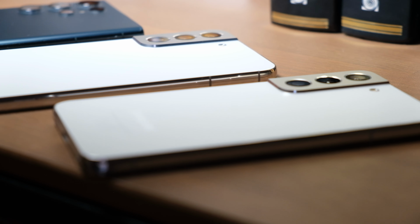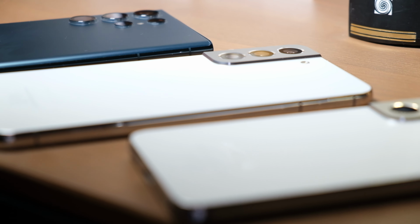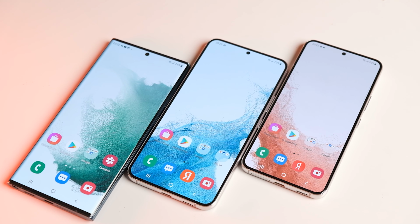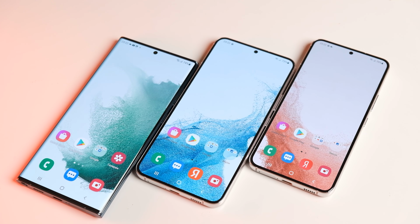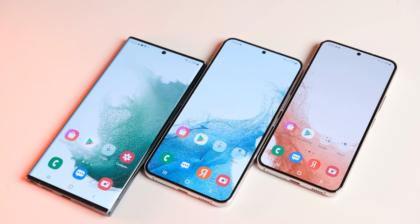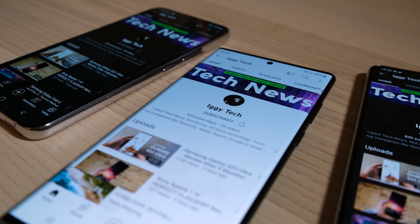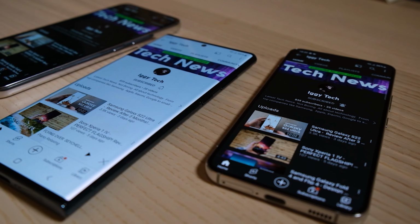These phones have the best cameras, fastest processors, and most innovative features of any phone on the market. Nevertheless, the smartphones have enough differences. Each one offers something a little different and at very different price points. So, in this video, I will tell you how the smartphones differ from each other, what is essential and what is